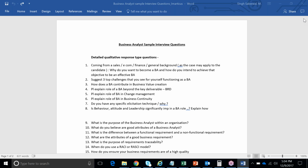Okay, all right. Then, if you're able to obviously give a good answer to this, the next immediate question, guys, is: suggest 3 challenges that you see for yourself as a business analyst. Now, obviously, guys, you have not been a business analyst. Now, when you're trying to prove that you can be a good business analyst, and your response to question 1 has been quite convincing, they're likely to ask you that,